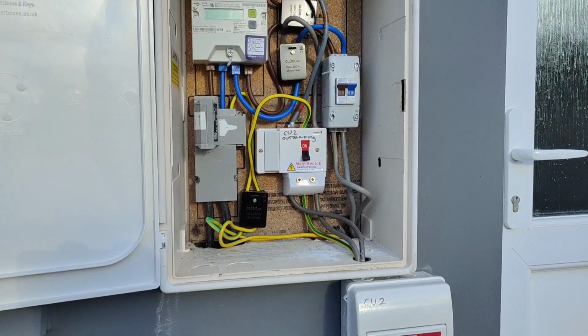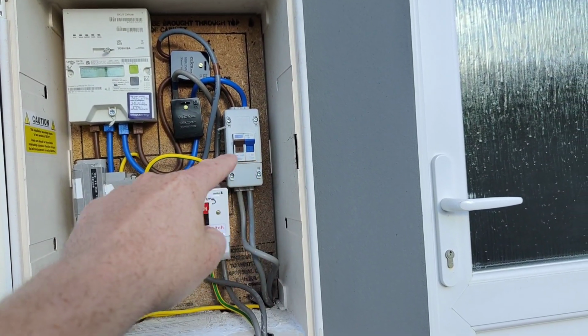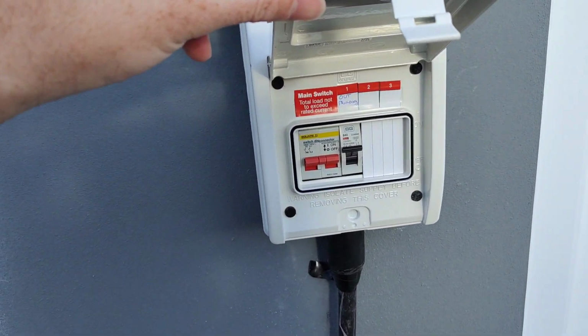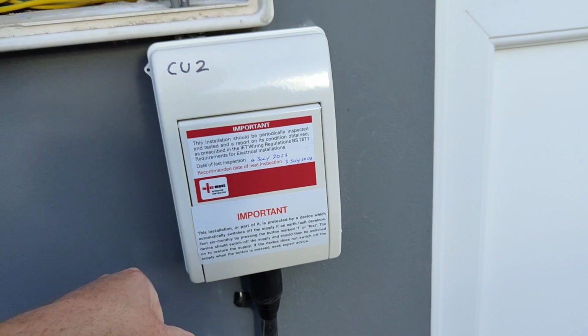Okay, so it's the end of the day and the electrician's done his bit. I'll show you it, not that I can explain much of it. From what I know, this is the main supply coming in, and then spurred off this somewhere is an isolator. Then off that isolator, he's added this. And this has got, no idea, a 40 amp breaker I think on it. And then